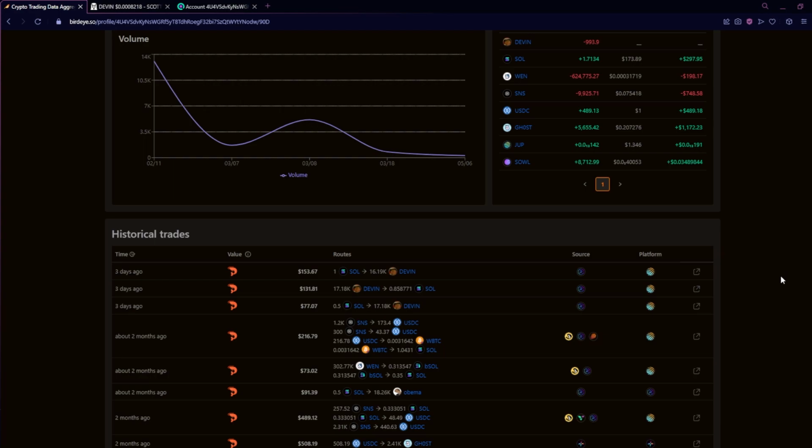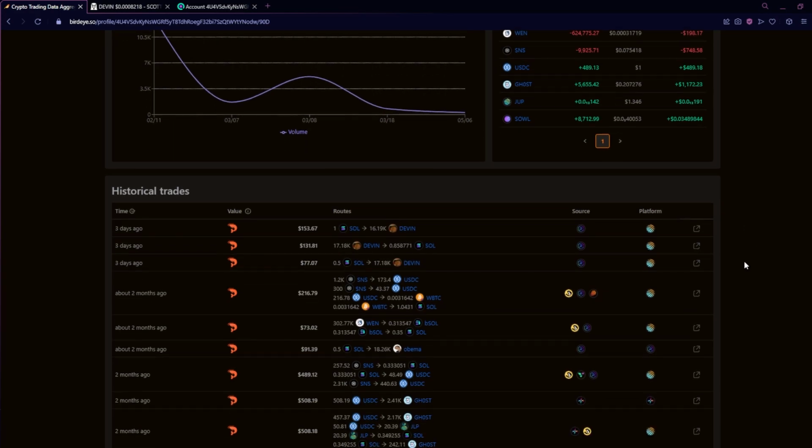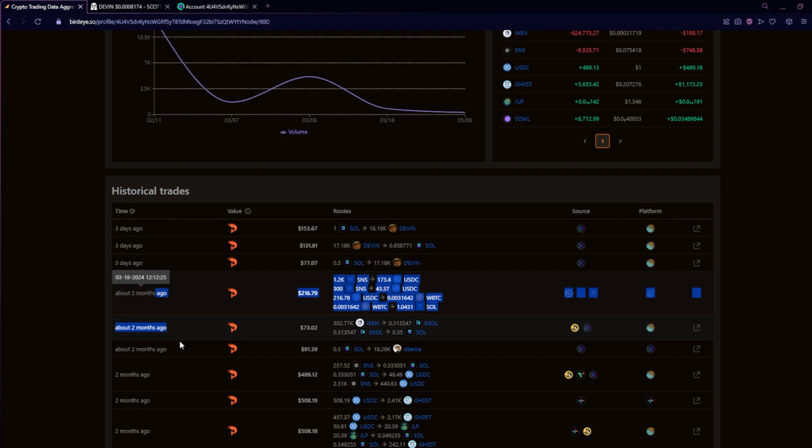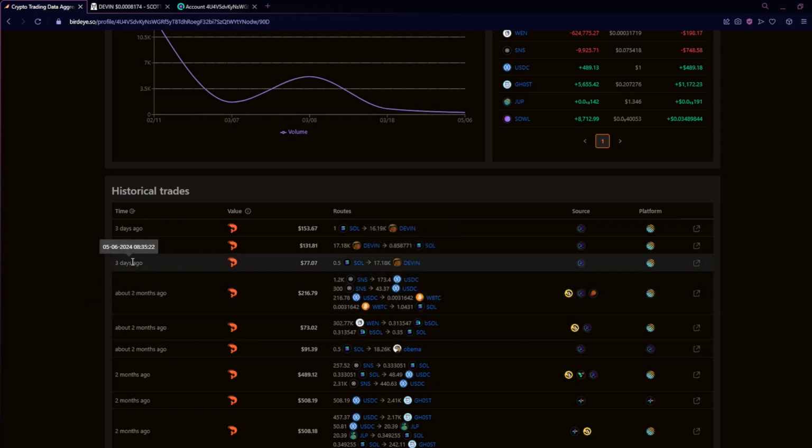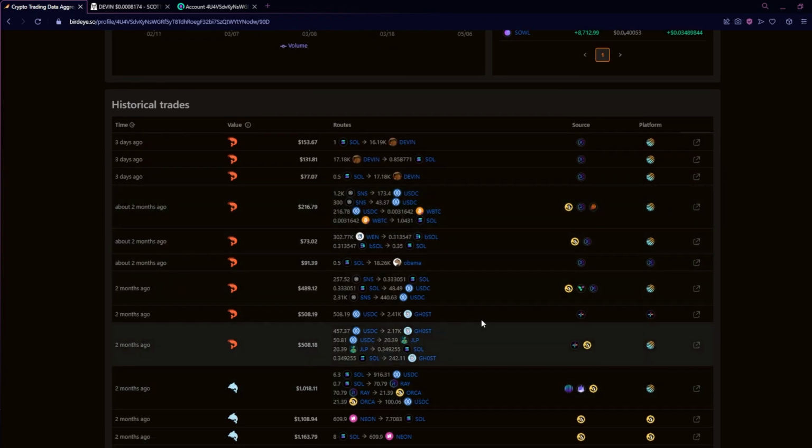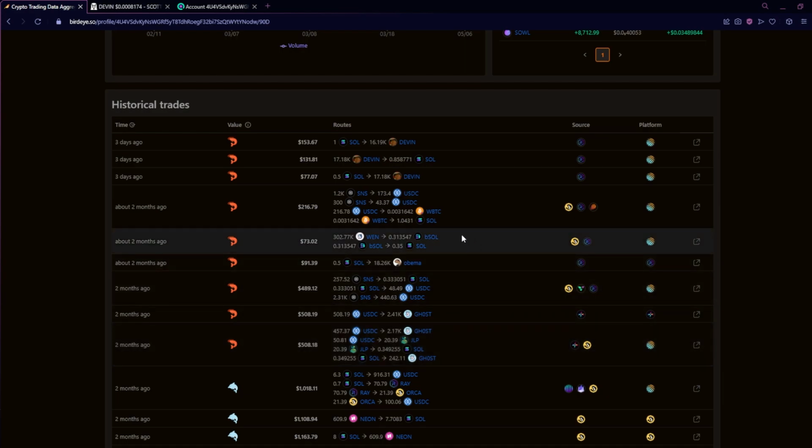Okay, so I found another wallet. This is not a winner whatsoever, but this is another kind of wallet you might see and one that I would say to stay away from. Now, obviously, this is all from a long time ago, and they've only recently gotten back into trading, so maybe they're different now. Maybe they've changed their ways. I'm not really too sure, but if you see trades like this, just all of these happening at once, things getting transferred to USDC, getting transferred to, in this case, wrapped Bitcoin, and then back to Solana, I don't know what is exactly going on here and why they're doing it like this, but if this happens, I would instantly stay away from